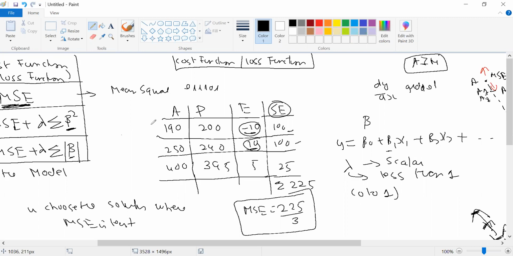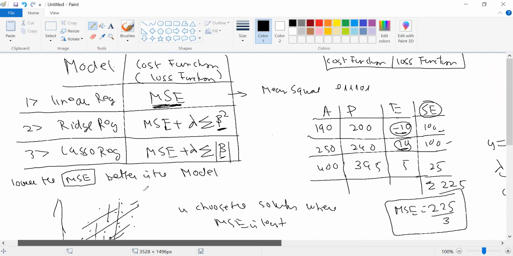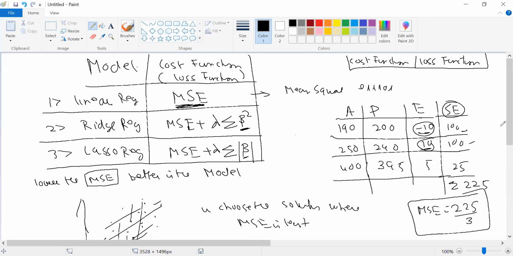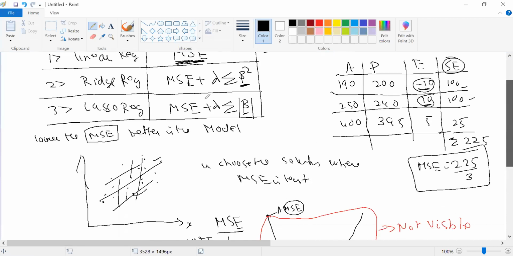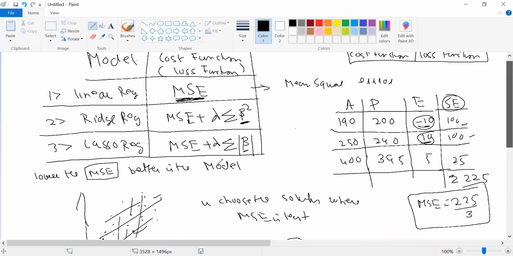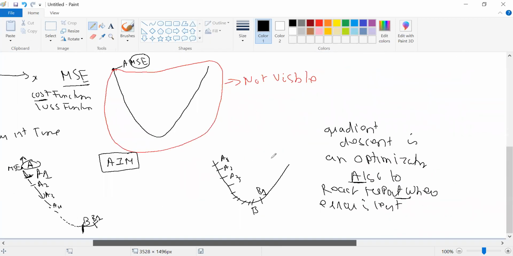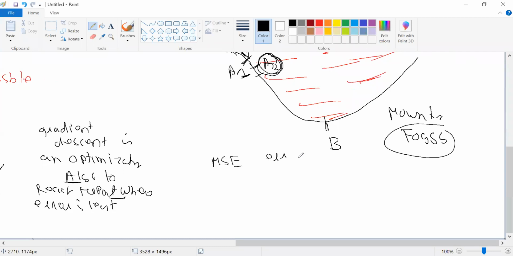Now, tell me one thing, guys. What is MSC? MSC is the representation of your error in linear regression. MSC represents the error in linear regression. Correct. And what is the range of MSC? 0 to infinity or 0 to something? So will people agree when people are saying 0 to something, it means they are agreeing that it is a positive number. Positive to high.